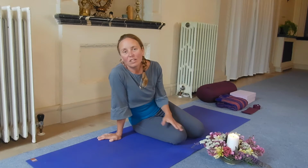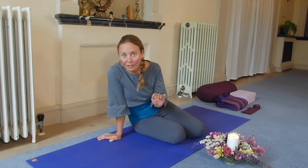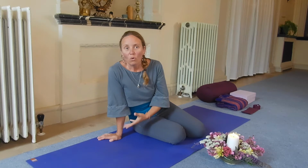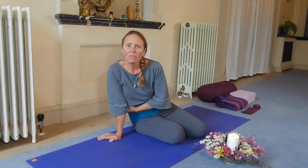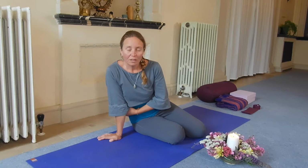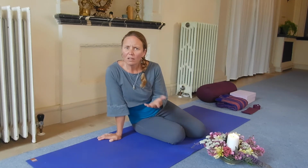And today I'm going to do a really gentle sequence. There's not even a downward dog in it. For anyone who's really new to yoga or finds some yoga postures a bit tricky, and maybe seniors if you're feeling a bit older,